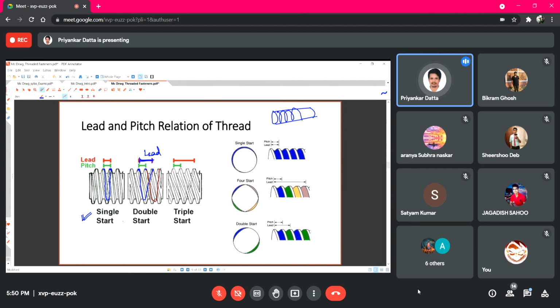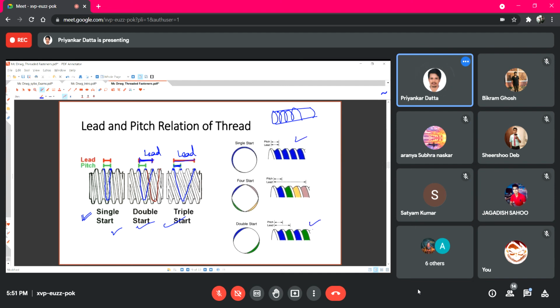So in these three cases shown here, in all three cases the pitch is the same, but the lead is different. So the distance or helix angle is increased slowly. For the third case, you see, if you start from here on this thread and from behind you come, after one complete rotation you will reach this point. So this lead is up to this length, but again the pitch is smaller, since the next similar point has a distance of this much, this pitch is smaller.